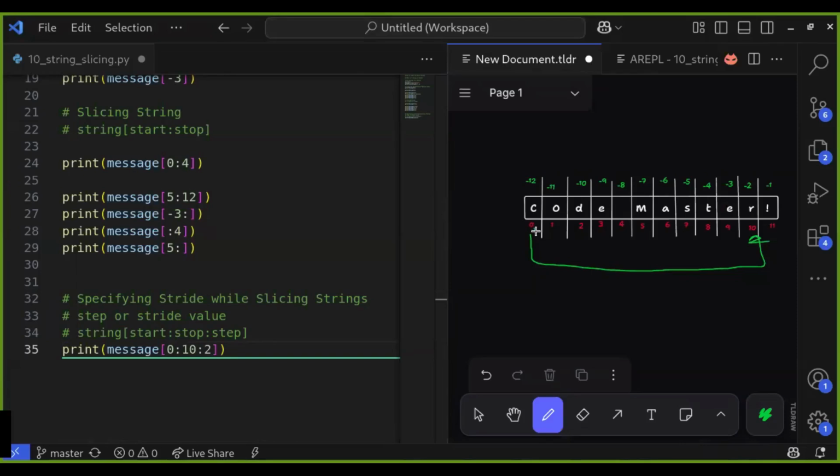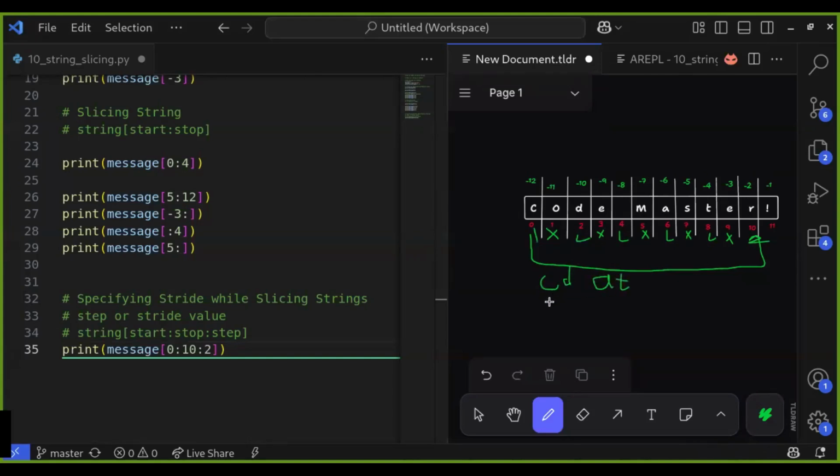So it starts at index 0, then grabs C, then skips one character, for example, it skips O to the index 2. The index 2 is D, and grabs D and continues this process up to but not including index 10. That is the stop index. So we get this substring.